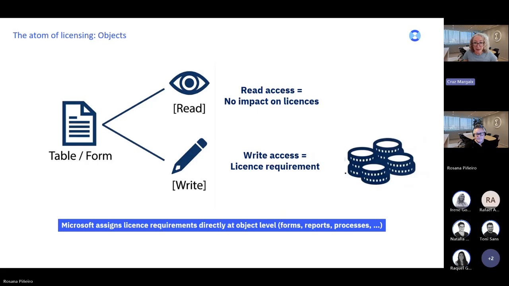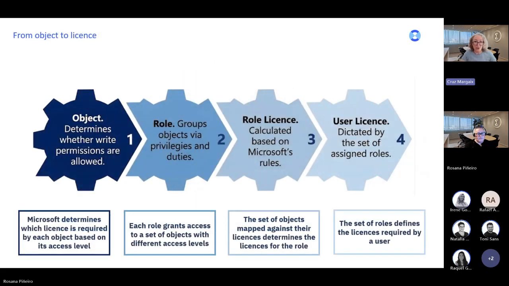Having this in mind, the process to determine which licenses a user requires starts from the object. The object determines, depending on whether access is done for reading or writing, which license is required for that object.